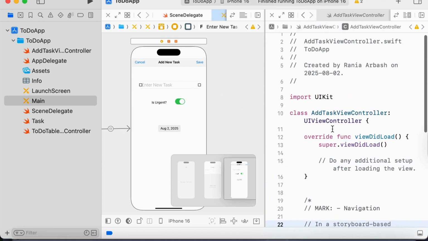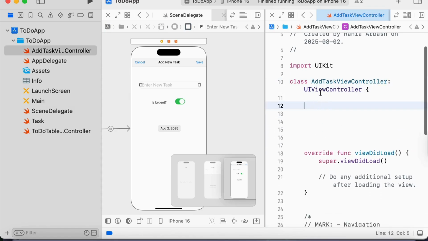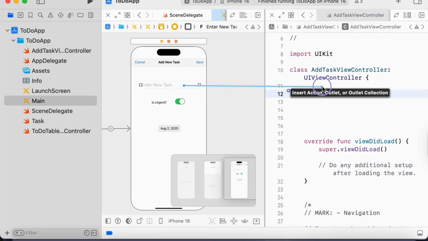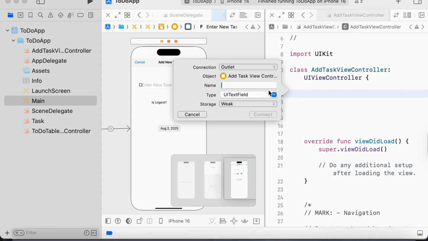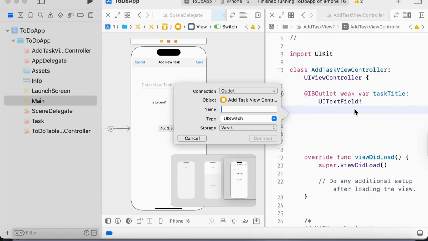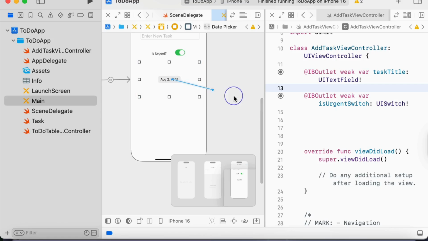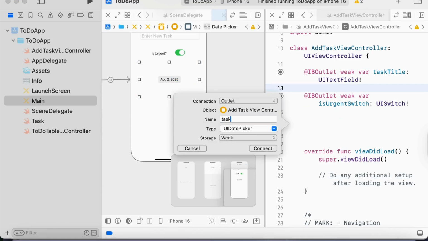I will drag and drop to here, so I will give myself a little bit of space in add task view controller, and drag and drop while I'm pressing the control button, and let's give it here a name, task title, and this is my first text field. This is my switch, so I will call it here is urgent switch, and this is for the switch. And for the date picker as well, task date picker,